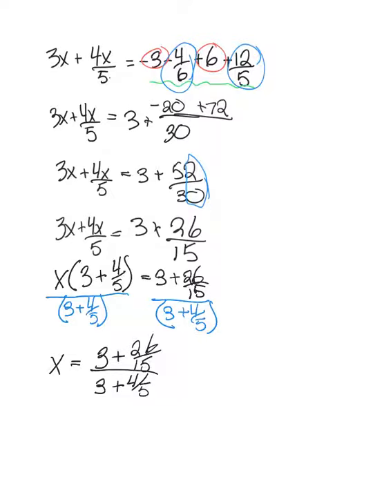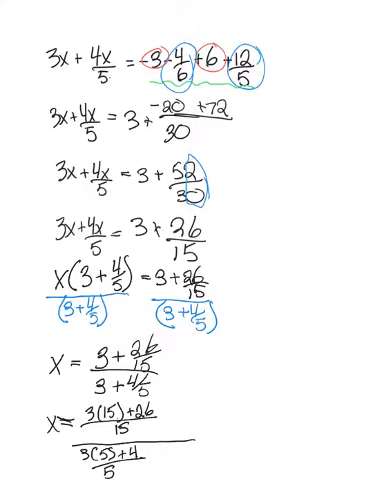So therefore we're going to have to do x equals 3 times 15 plus 26 over 15. All of that is over 3 times 5 plus 4 over 5, which will equal 45 plus 26 over 15, all over 15 plus 4 over 5,